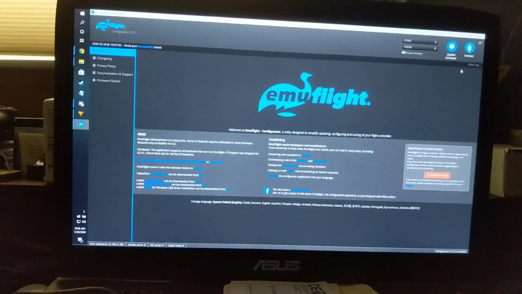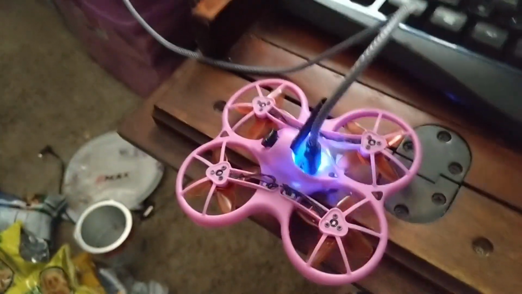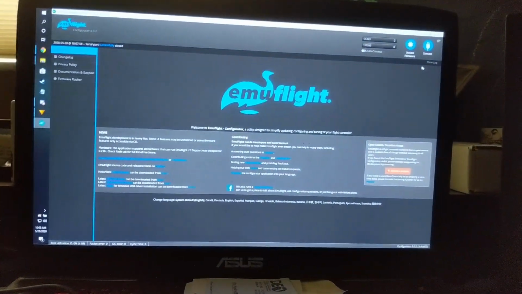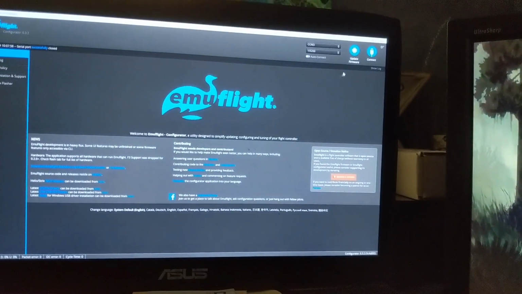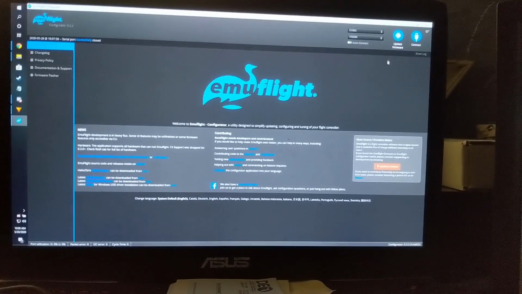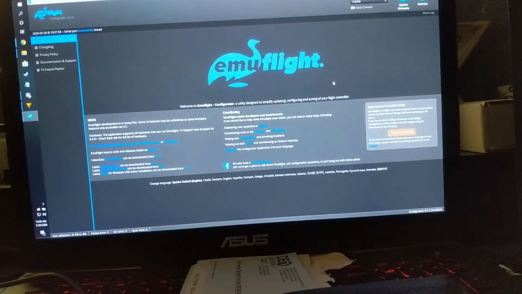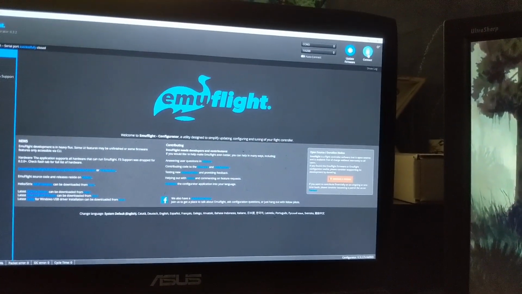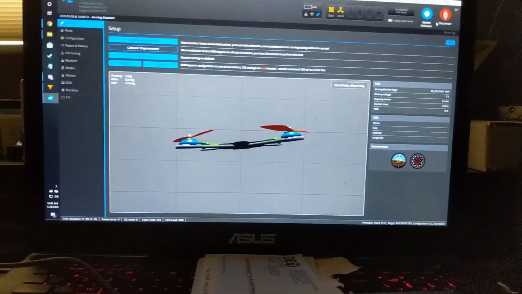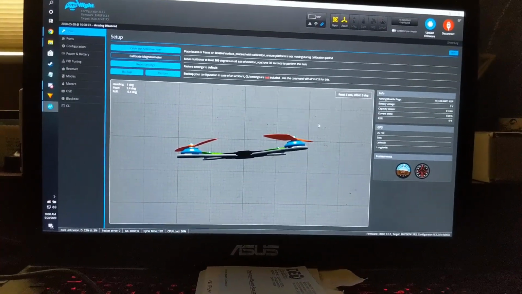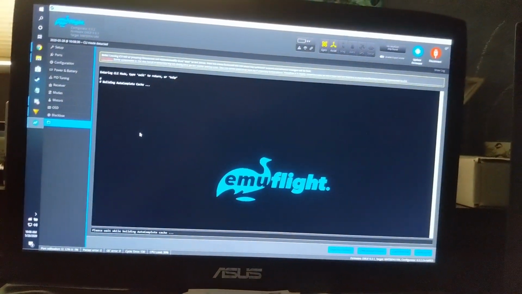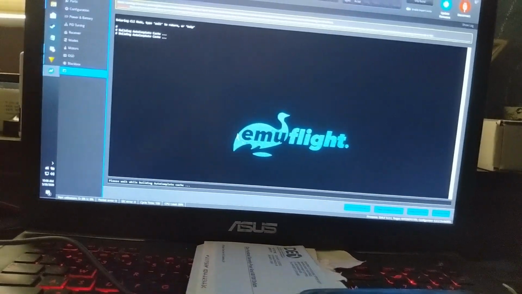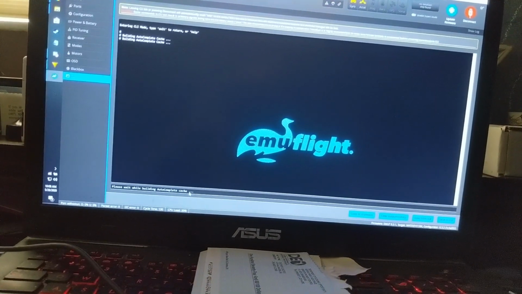Okay, so once you connect your drone into EmuFlight configurator, well, there's a couple of things you want to do. First off, your first time connecting, assuming you've done the driver fix already, the first thing you want to do is you want to hit connect. Okay, now mine's already running EmuFlight. You will not see this screen. What you will see though is, if you're still running Betaflight, it's going to kick you directly to the CLI here. And in the CLI, okay,